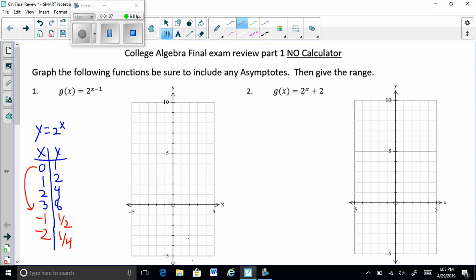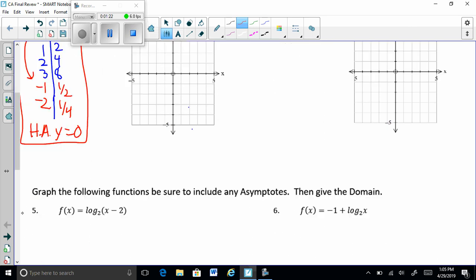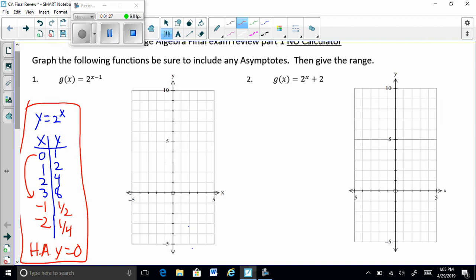And the way we'll deal with that when we start graphing is notice that that's where our asymptote is, our horizontal asymptote. It's going to be at y equals 0 in the case of this original function we have right here. Okay, so